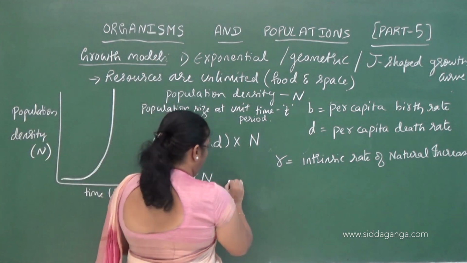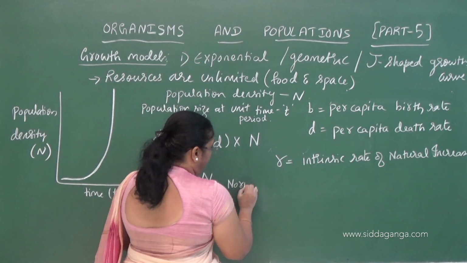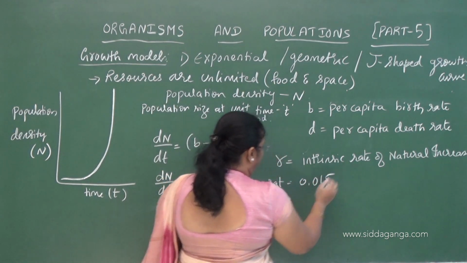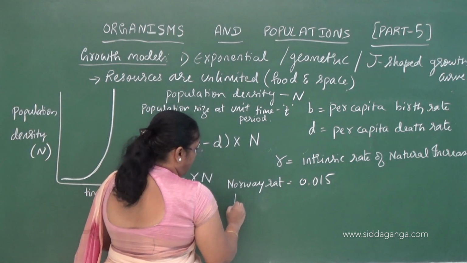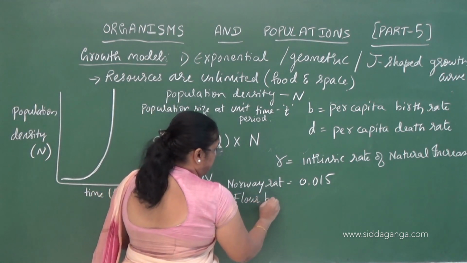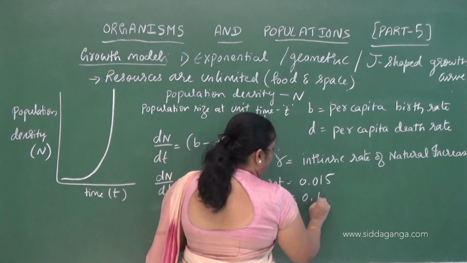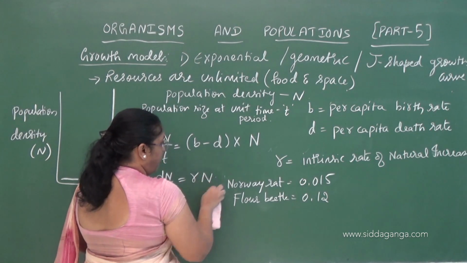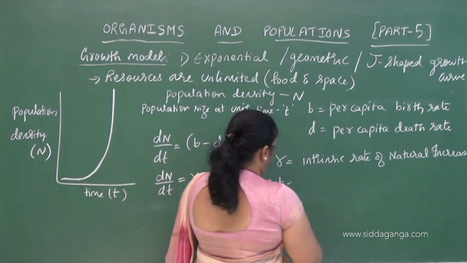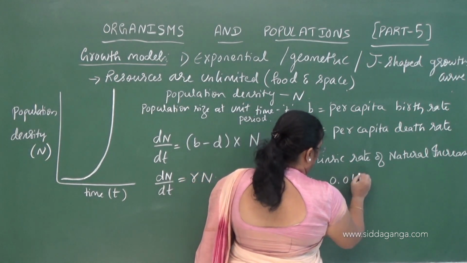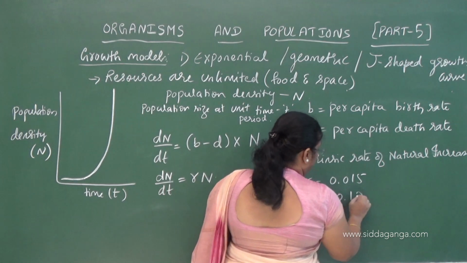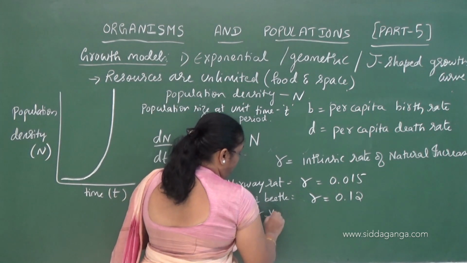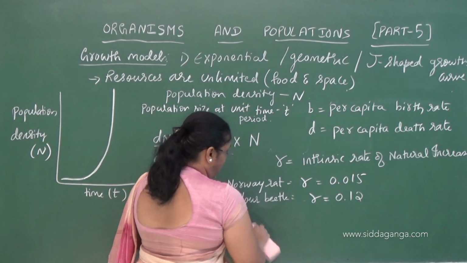The r value for Norway rats is 0.015 and for flour beetle it is 0.12. And according to the 1981 census, the r value for the human population in India is